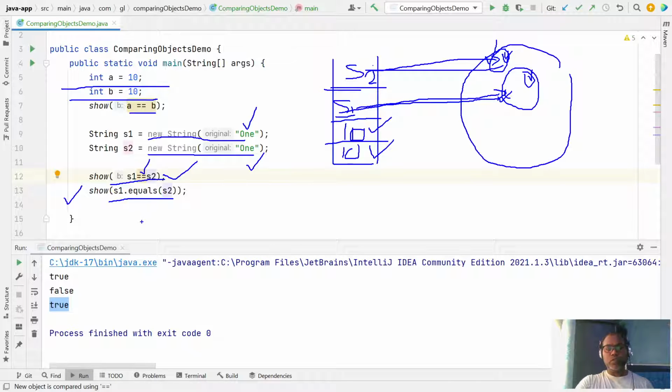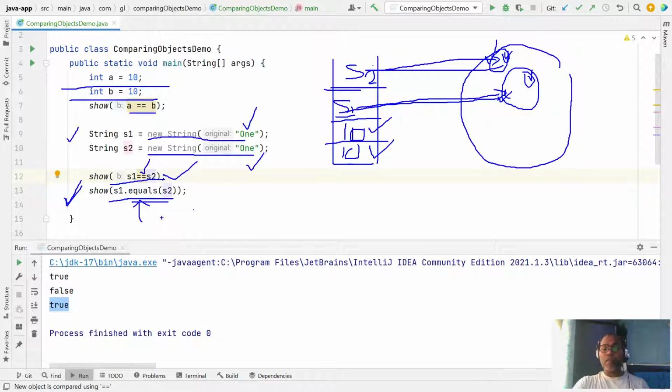Always prefer equals. Now the question is who provides this equals method. In this case, the string class has already provided it. Any Java object which provides an equals method definition, this equals works. Whatever logic you give in the equals method, the method behaves accordingly.